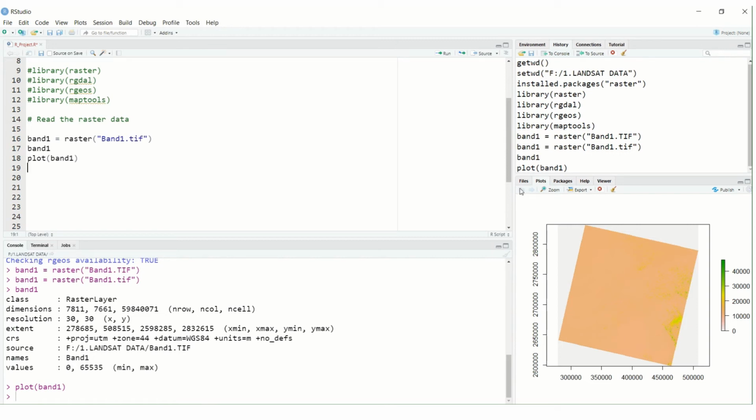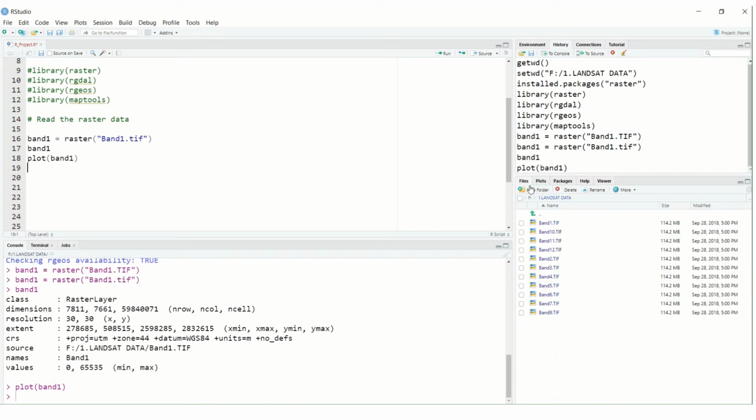Okay, and then going back to my files, I'll try to read my second band, that is band2 is equal to raster, and what we have is band2.tiff. Okay, band2.tiff.